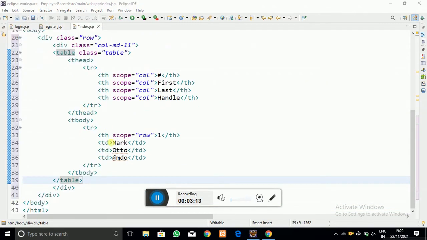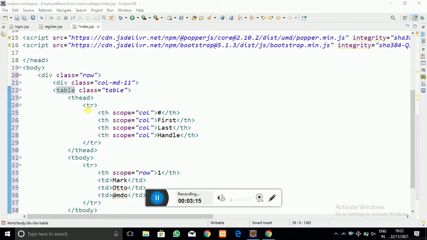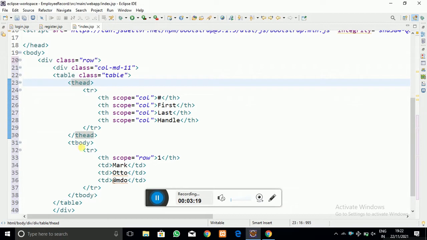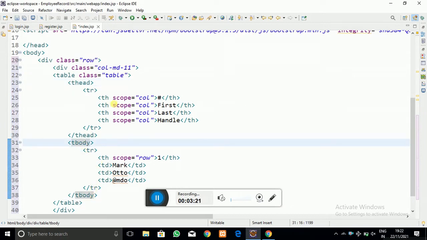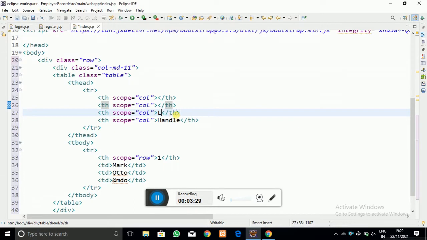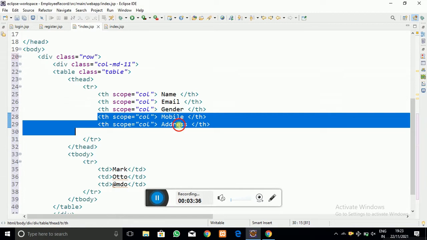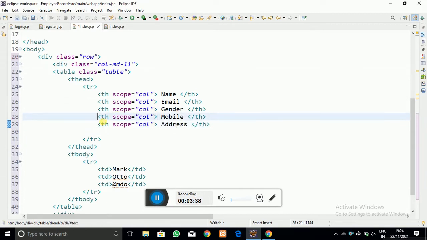Now I have arranged it properly, and I have to change the heading as well as the data. So let me delete the default content and add heading tags: name, email, gender, mobile, and address.